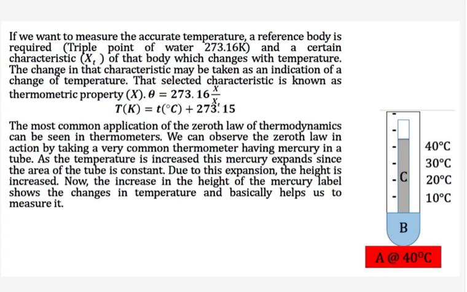Now the bulb of the thermometer is B, and the mercury is C, the third body. Now we have the reading here. The moment we have contact of body A and the bulb, the heat will transfer from B to C. Now when heat transfers from B to C, the mercury will expand because of that heat transfer.